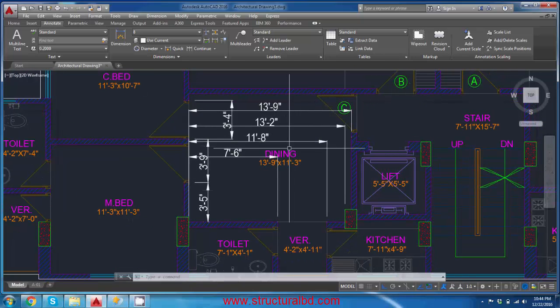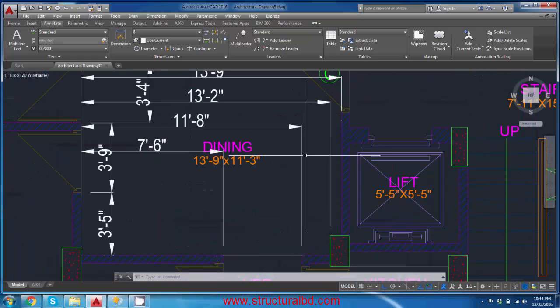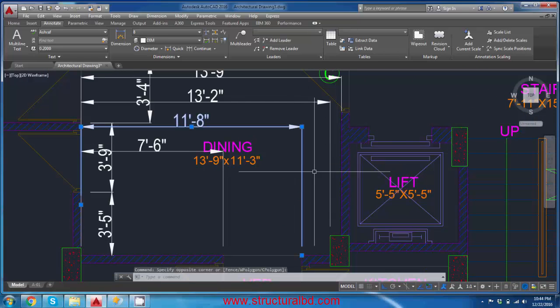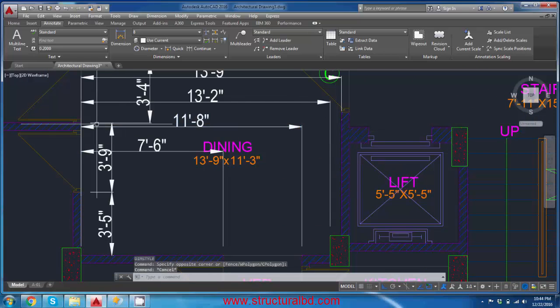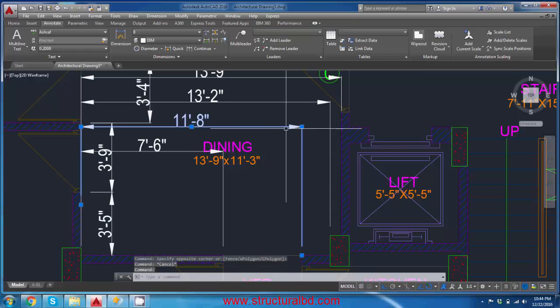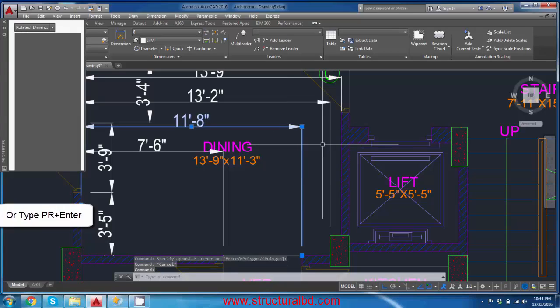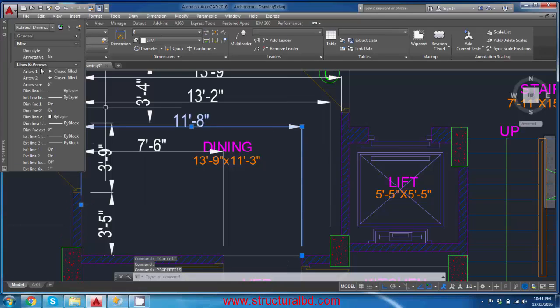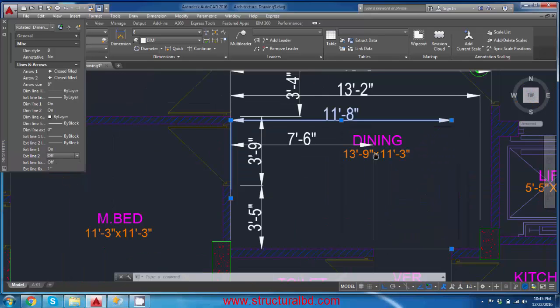another way you can modify this dimension style. For example, I don't want to show this vertical line, but I want this one. To do that, select this one and go to properties, and under the lines and arrows you can see extension line 1 and extension line 2 are both on. Now try turning this one off, and you can see the vertical extension line has gone, but this one